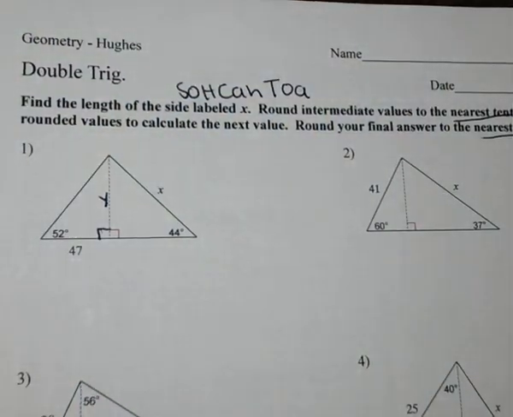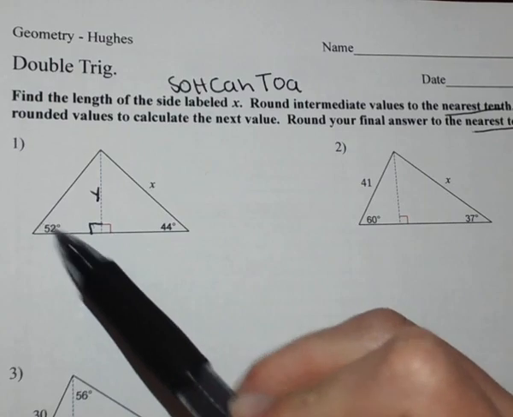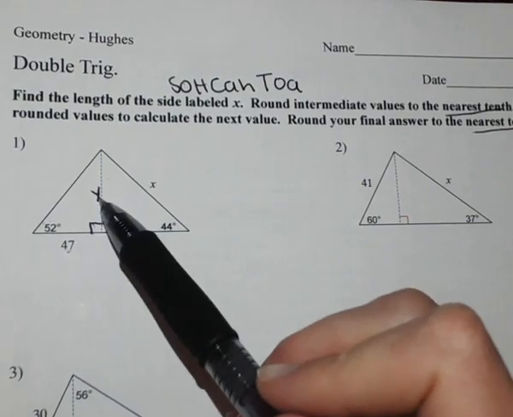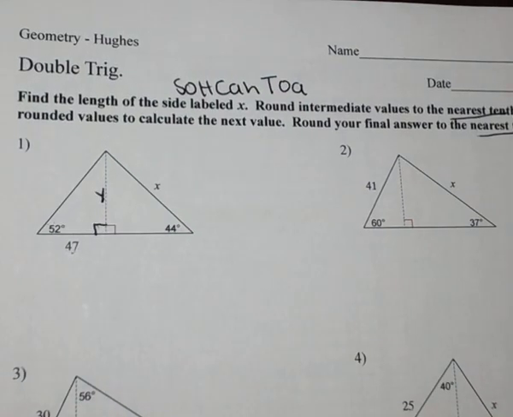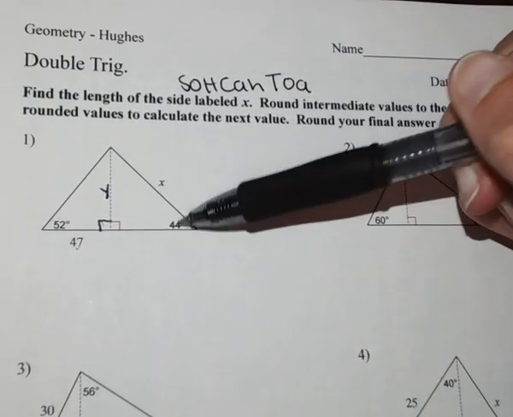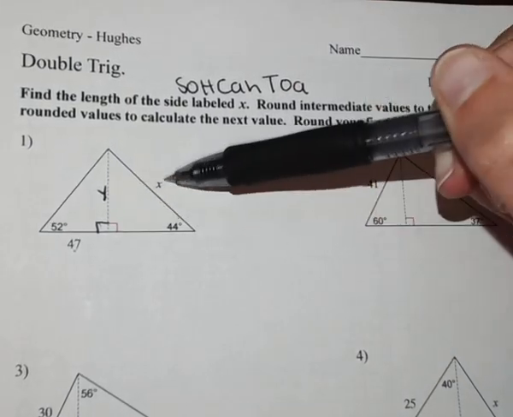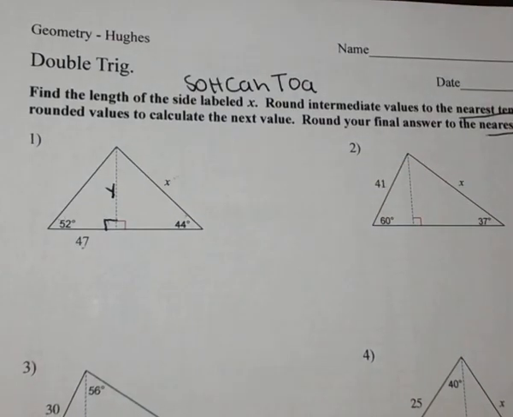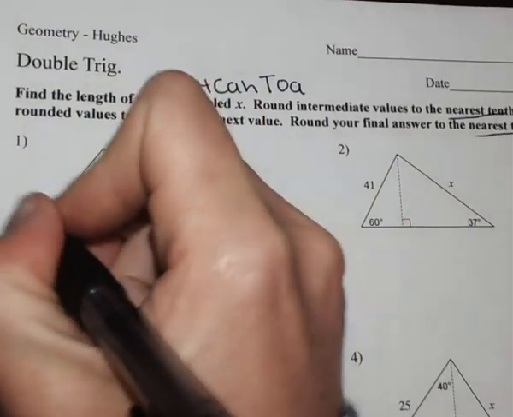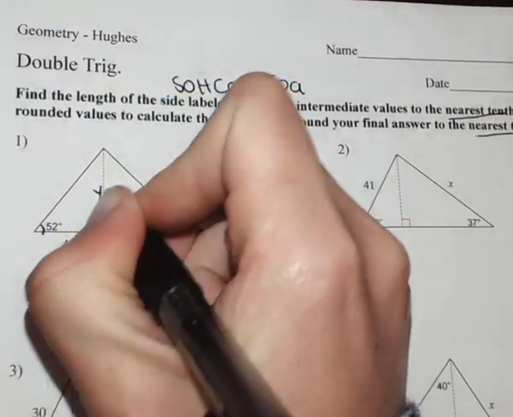I'll label it y, solve for the line down the middle, because we do have two different measurements here, so we can find the third. That's what we've been doing so far this whole unit. Then once we have this side, then we can use this value and this value to find this one. So two-step problem. So first we're going to start down here at angle 52,